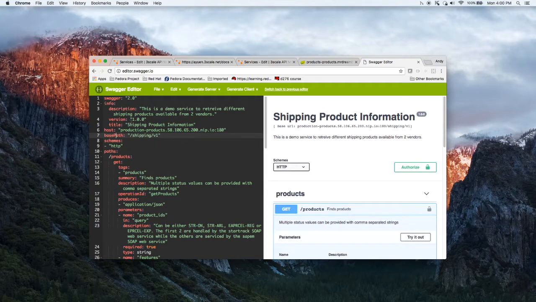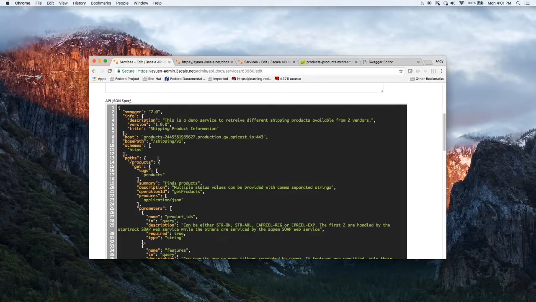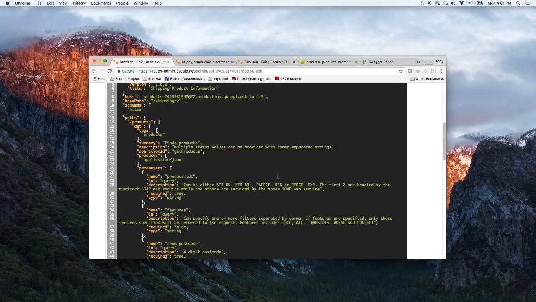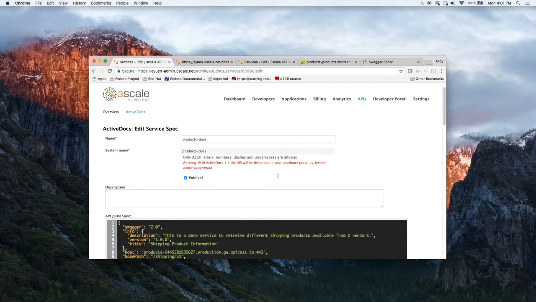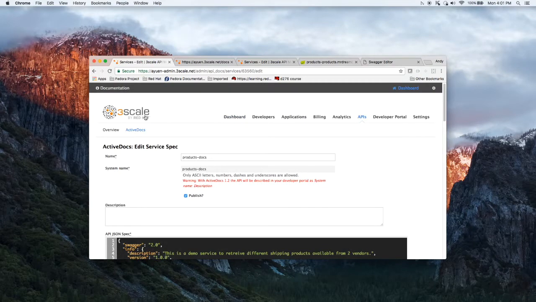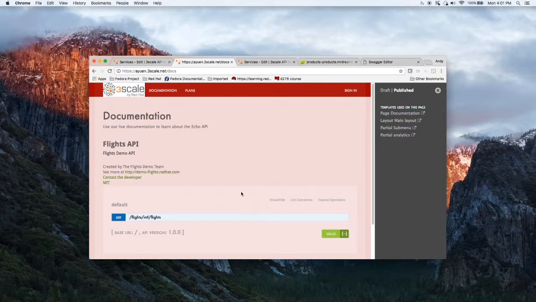So what I did is I created the Swagger documentation here on editor.swagger.io and just cut and paste it into here, right? So once you have defined that, you can actually go to the documentation page, the user portal, developer portal. So if I choose the right one,